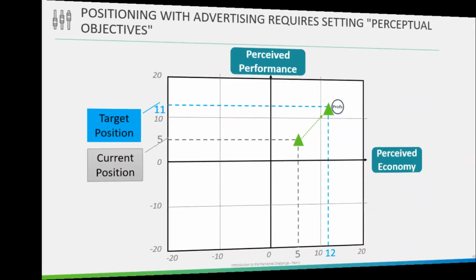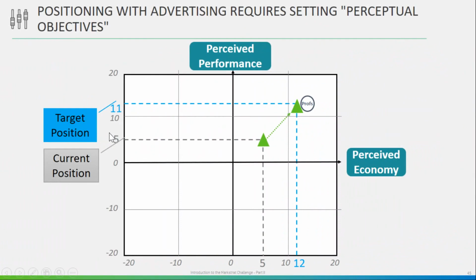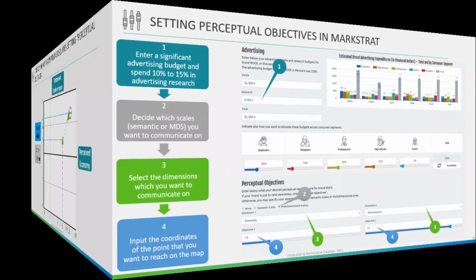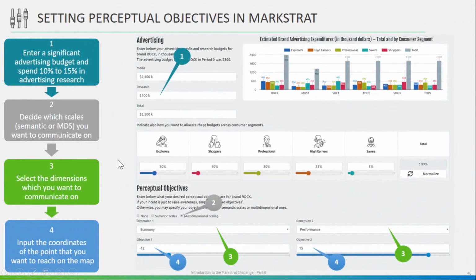Positioning through advertising, we just talked about. These perceptual objectives, again, I mentioned, will allow you to move perceptions in the direction of an ideal segment. So what you want to do is you want to know kind of what the ideal values are for whoever you're trying to target, and then try to change perceptions of your brand in that particular direction. Okay, so once you kind of have done the research and you know that, you can use the perceptual objectives down here to indeed attempt to change